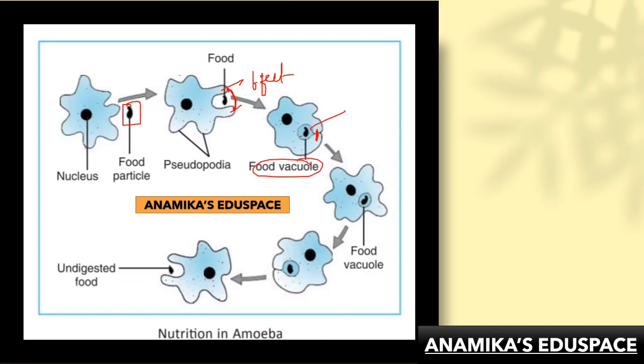Clear? Now in this food vacuole, what is released? The digestive enzymes are released, the digestive juices are released, and the food is being digested. Once the food is digested, it produces energy which is needed for the amoeba cell. Now the waste material which is already present inside the vacuole, this is the undigested food, it is excreted out as the pseudopodia open up. As you can see, it is letting out the undigested food. So this was the process of ingestion.